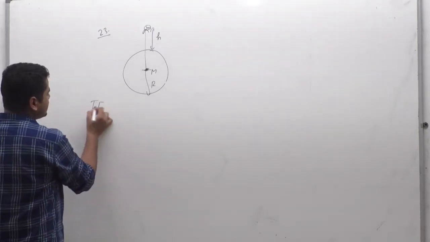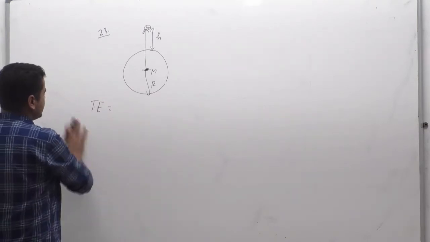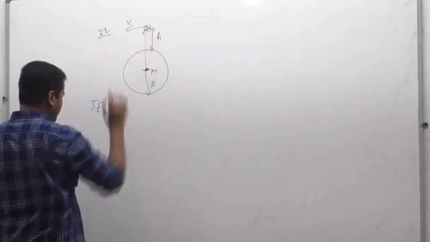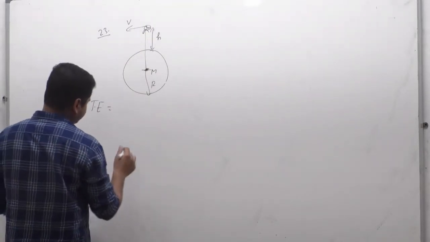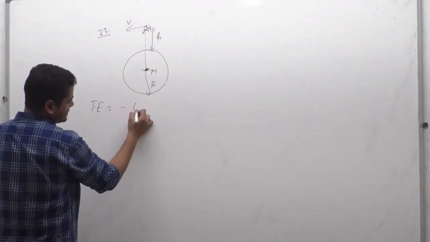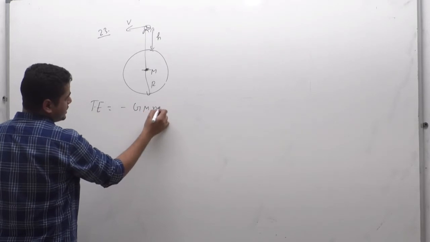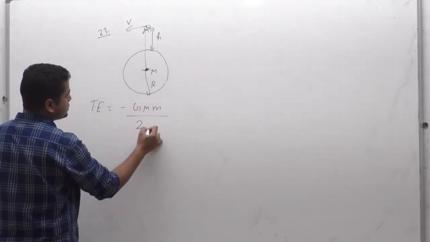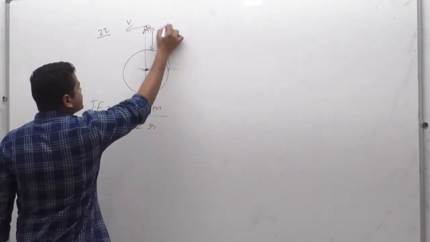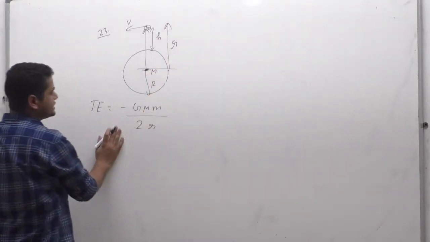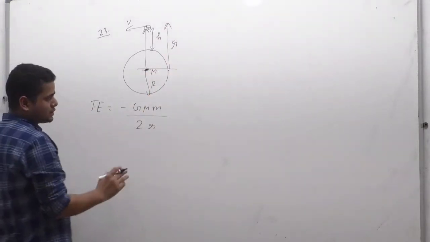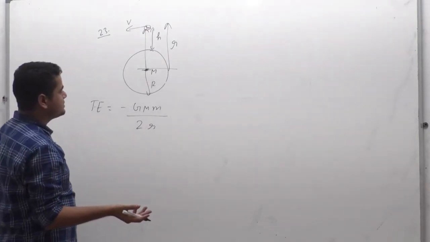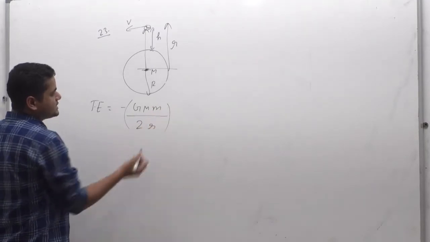We know that the total energy of a satellite in revolving form is equal to minus G m1 m2 upon 2 into r, where r is this much distance. This is basically total energy, which is equal to kinetic plus potential. Kinetic is half mv square and orbital velocity is under root of GM by r. Also you know that relation, which relation?